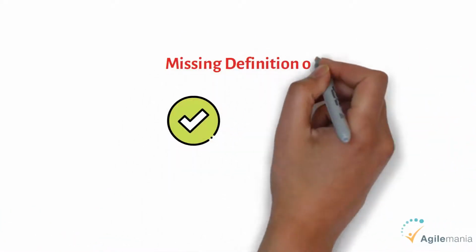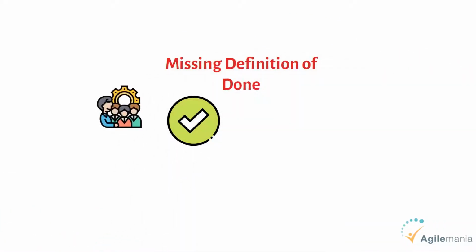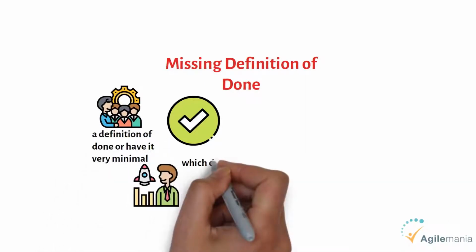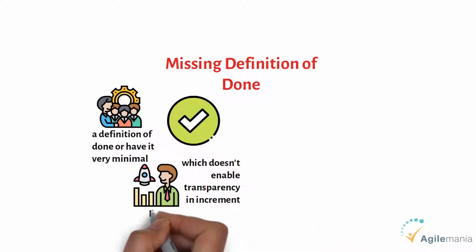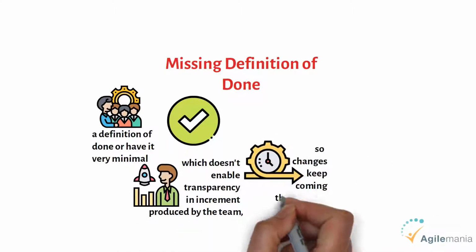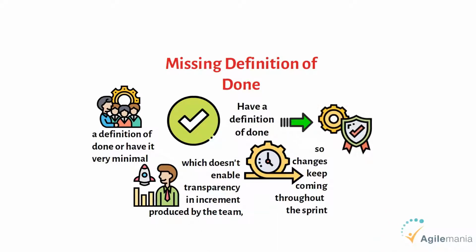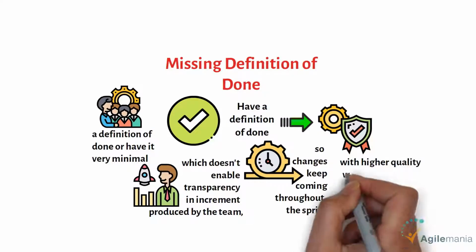Fourth, missing definition of done. Either the team does not have a definition of done or has it very minimal, which does not enable transparency in the increment produced by the team. So changes keep coming throughout the sprint. Having a definition of done that helps in creating a potentially releasable product increment with higher quality will help the